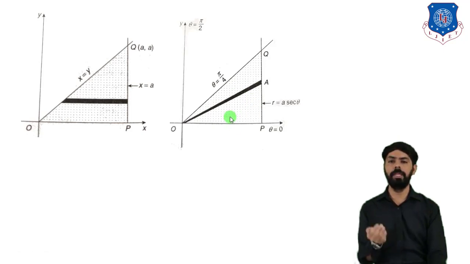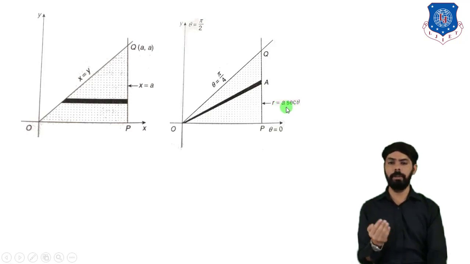So, to find the limit of r, we will draw a radius strip in this region. So this is the radius strip OA. If you look at the radius strip, then here the lower part of the strip intersects at O, which is the origin, and here the radius will be 0. Therefore we can say that the lower limit of r will be 0. And here the upper part of the strip intersects at line PQ, and here r is equal to a sec theta. Therefore the upper limit of r will be a sec theta.